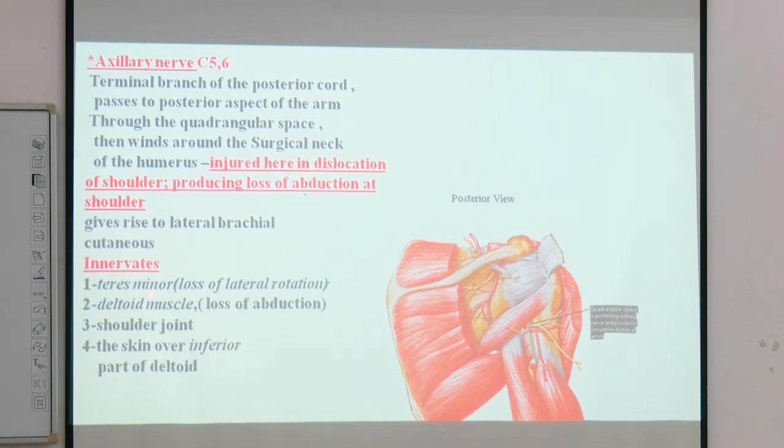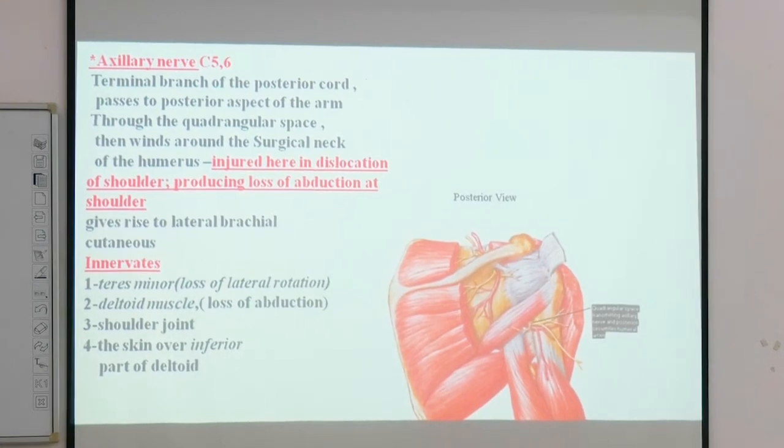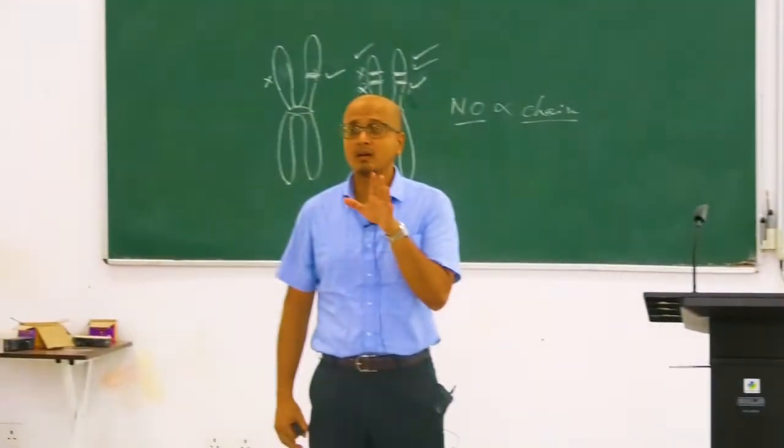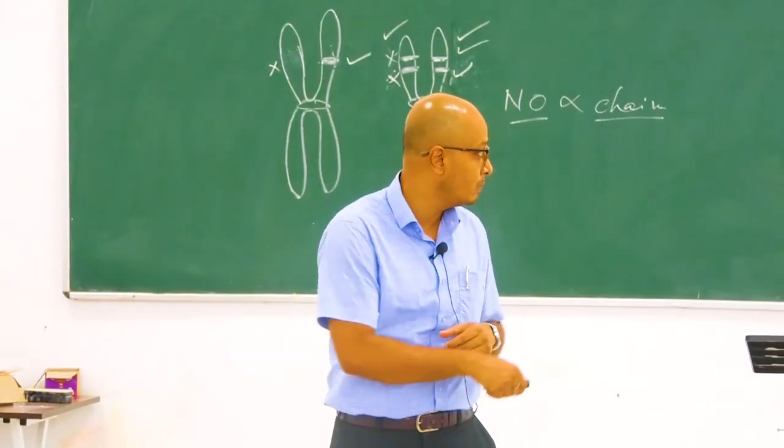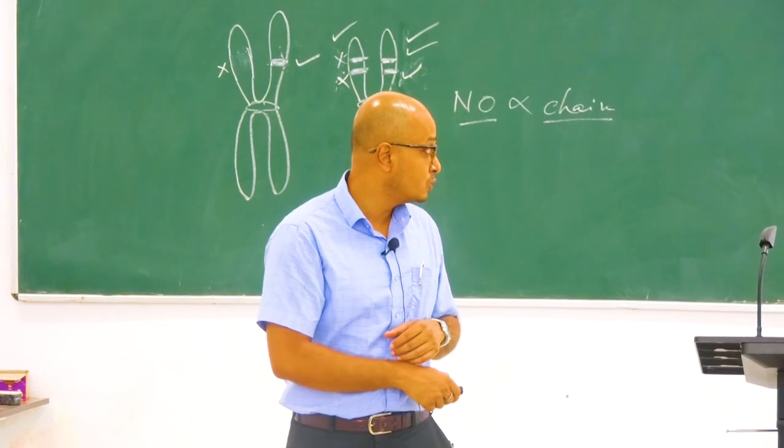So, deltoid is not working, teres minor which is a minor muscle is not working as well, and these are the two things which are happening in this region deficiency. So, if you have a deltoid muscle injury, there will be loss of abduction, that means the shoulder joint cannot be spread over here laterally. So, abduction of the shoulder joint or spreading of the shoulder joint won't be possible in this particular individual, and